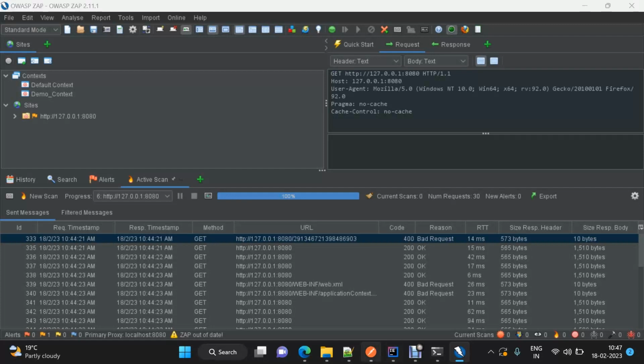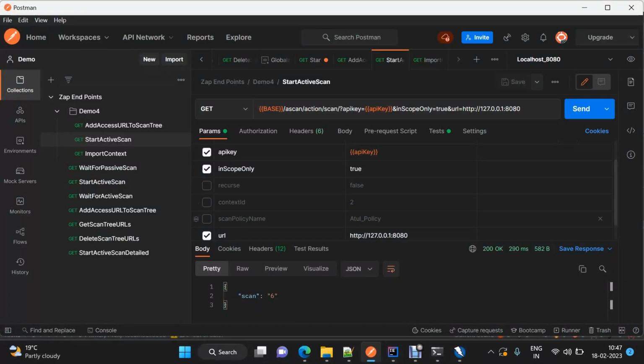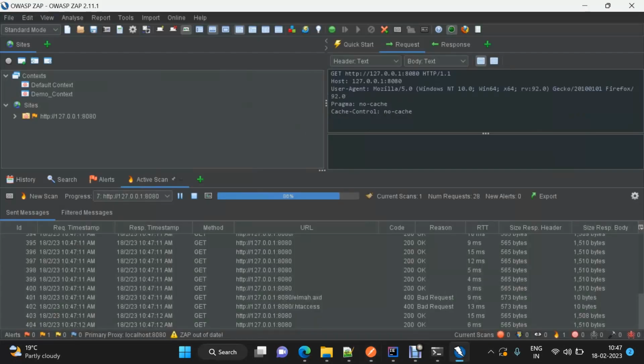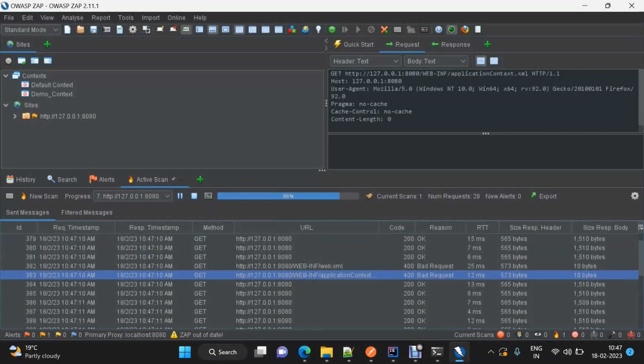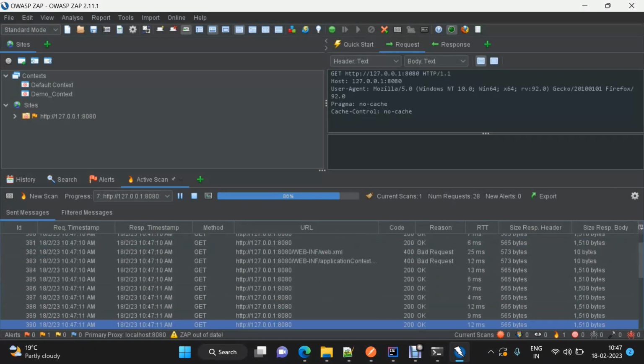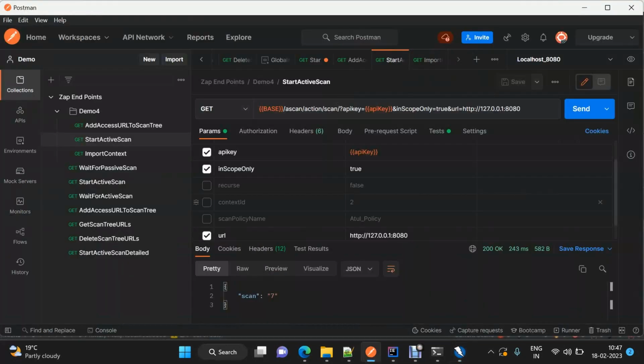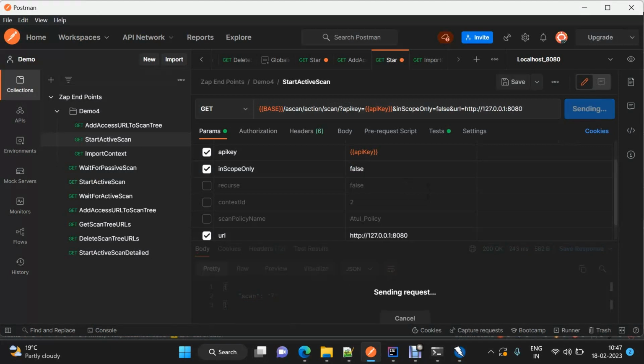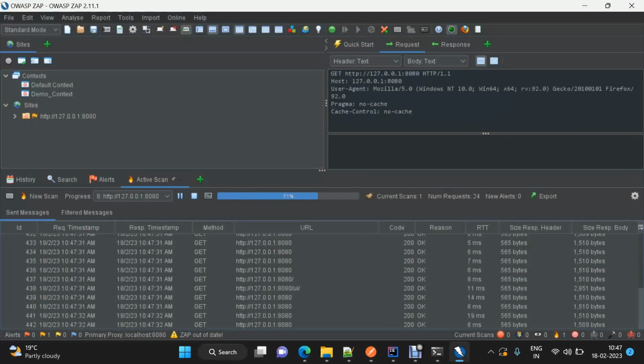So now, if I again have unchecked the recurse one and I say in scope only true, this time as well you will see that UI will not be there. Okay, but if you say this as false, then UI will be there,